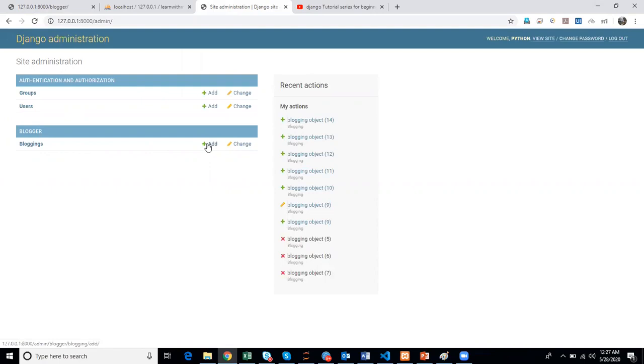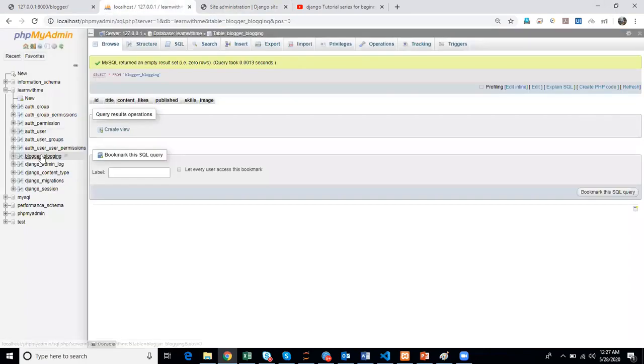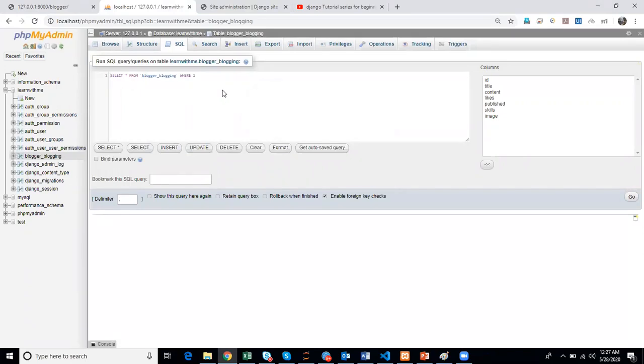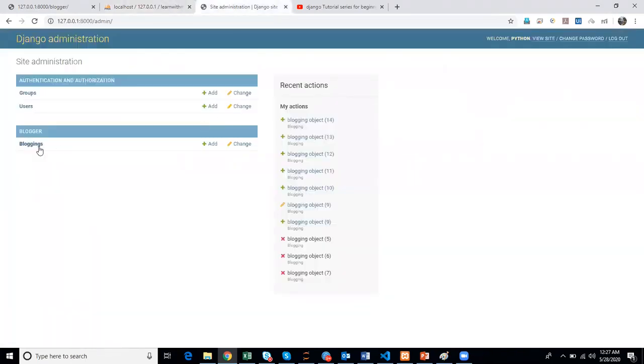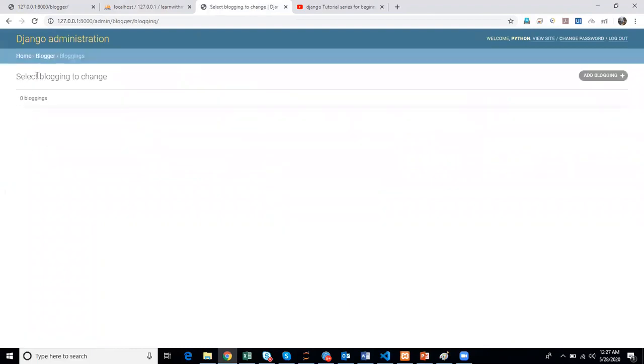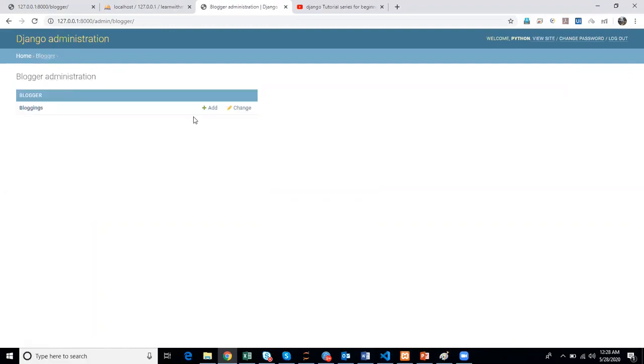You can see two buttons, add and change. We don't have anything available here. We can check it in the DB. Still nothing. I'm just running it. It's completely empty. Now I'm going to click on this. It has nothing, but when I click on add blogging, or go back and click on this add,